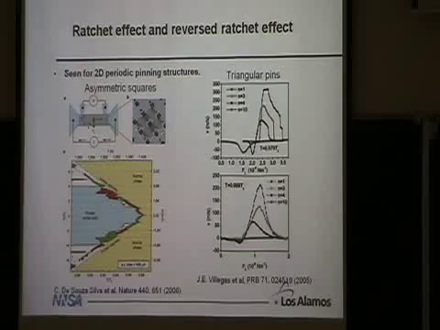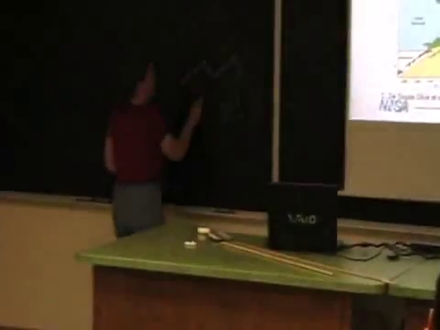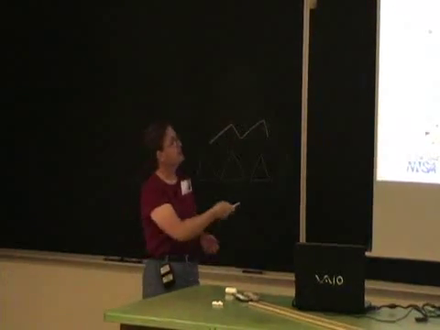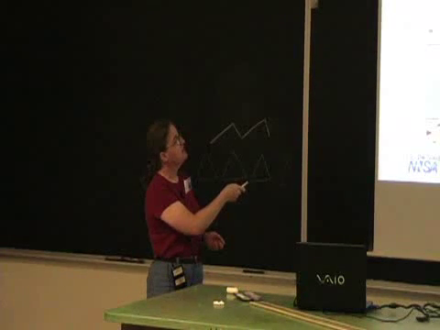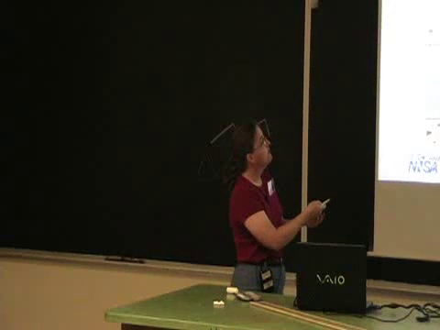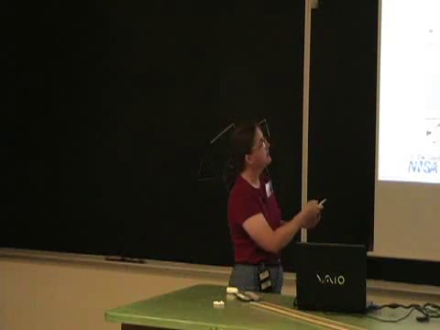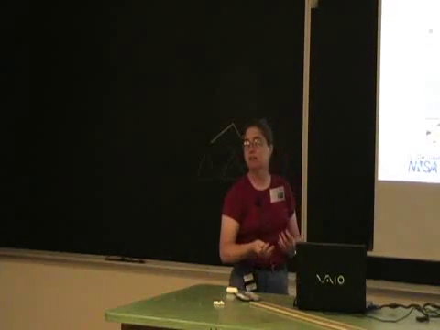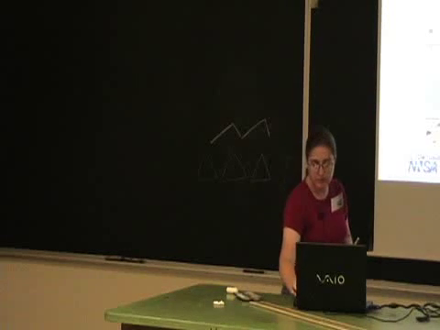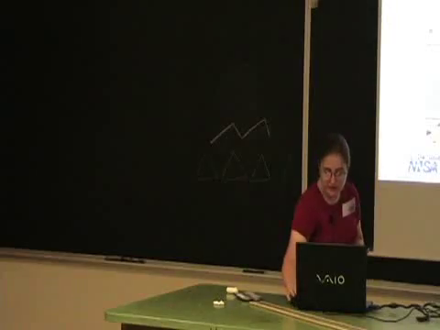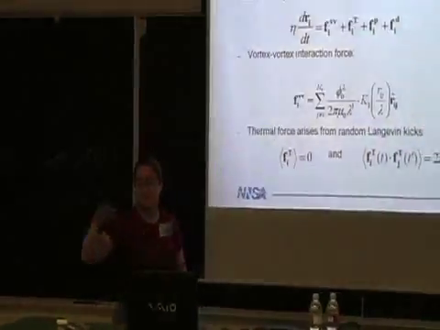Another group did a similar type of system where they made pinning sites that looked like triangles, and they made a whole array of these triangles. I'm not sure that the vortices even care whether this is a triangle or not. They get basically the same effect where they can get a forward ratchet, but if they shake the vortices back and forth not quite as hard, they got a backward ratchet. So once again, they're seeing ratchet reversals through the complicated interactions between vortices. Now we have actually studied this system, but I won't talk about it. Let me talk about one that's a little simpler, which is the 1D